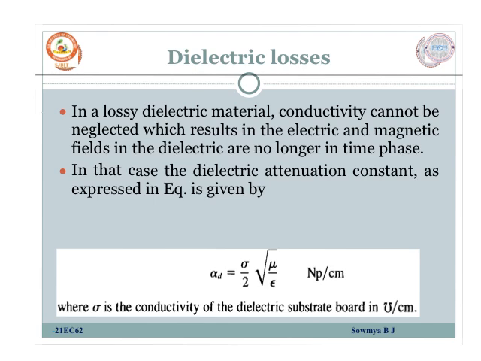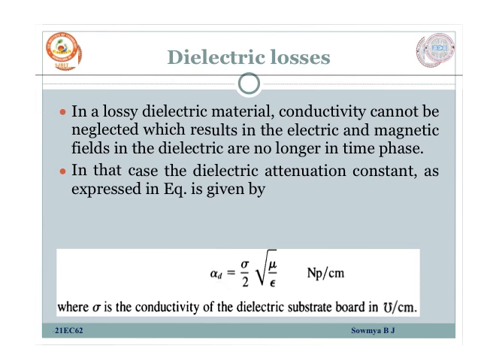In a lossy dielectric material, the conductivity cannot be neglected. This results in electric and magnetic fields in the dielectric which are no longer in time phase. In that case, the dielectric attenuation constant can be expressed in equation form as alpha d equal to